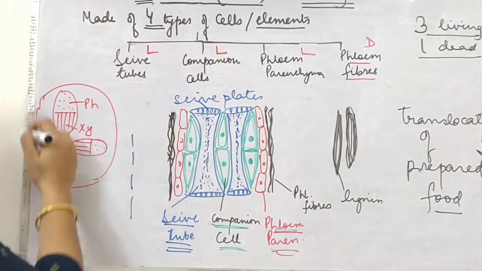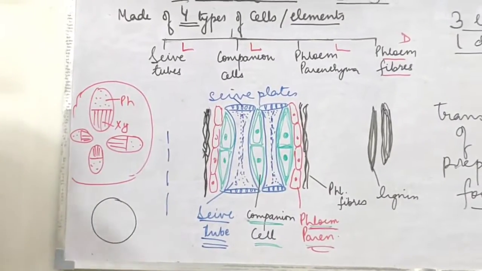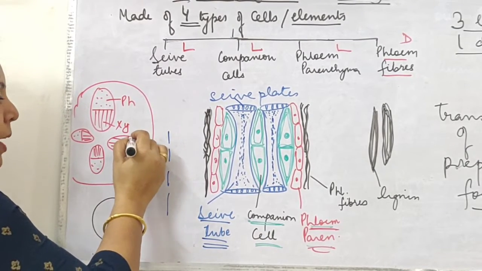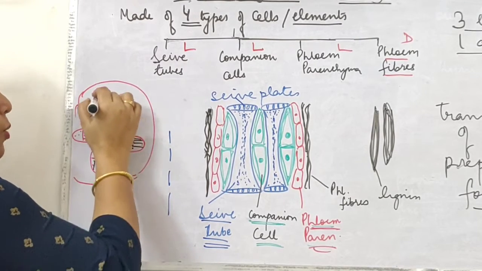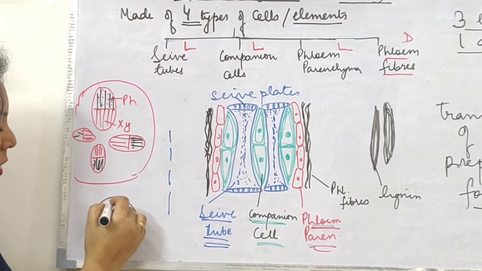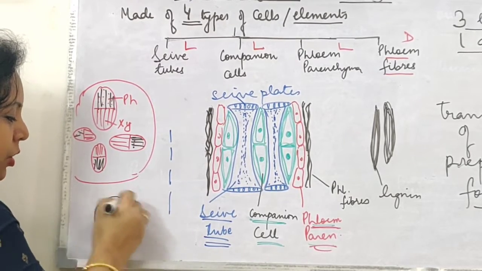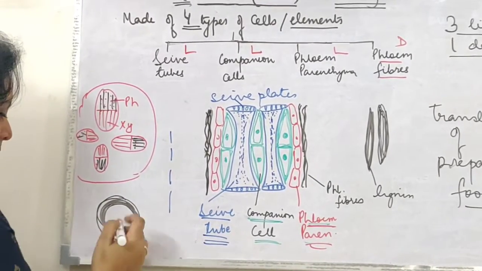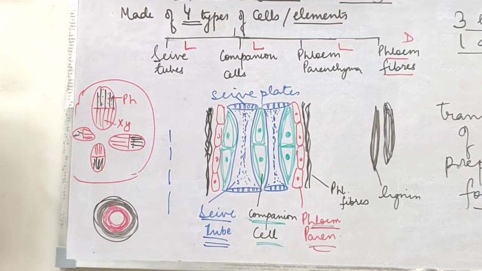Now let us talk about the location of xylem and phloem. If you take a transverse section of a stem, you will see that phloem occupies this black part, the outermost region. Suppose these are the vascular bundles, so the phloem is occupying the outermost region. The outermost layer is the phloem layer, and xylem is comparatively on the inner side.